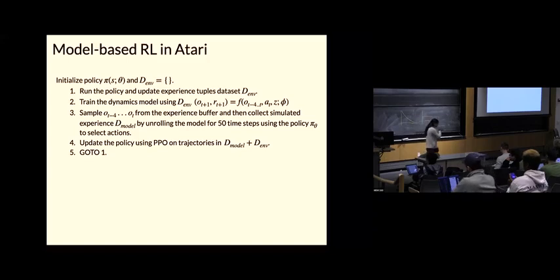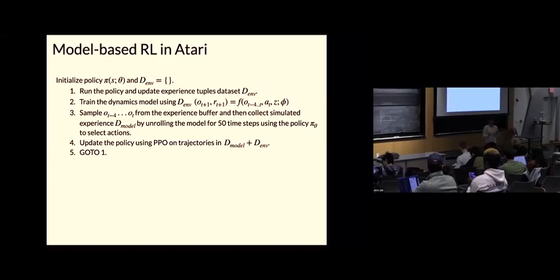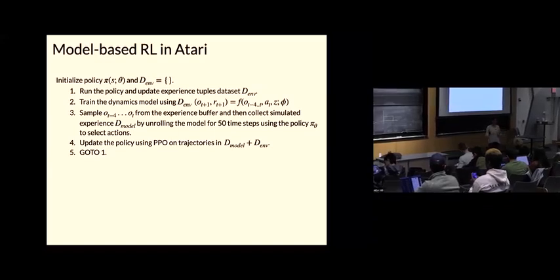By the way, the previous paper just showed that, look, I learned the model. It didn't use that model to train a policy. This is the paper that actually used the model to train a policy. So they do the obvious things that we discussed in Wednesday's lecture. You first collect a bunch of data, you train a model, you sample the model to get a tremendous amount of synthetic experience, plus some real experience, and then you use your favorite model-free reinforcement learning method, that for them was PPO.